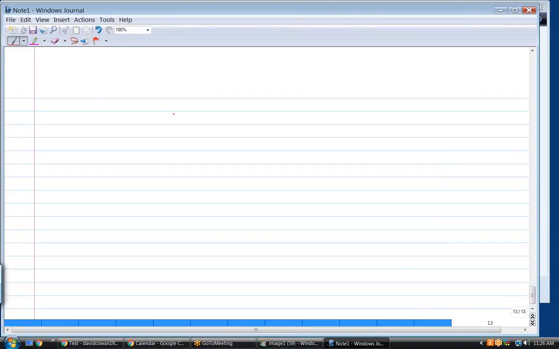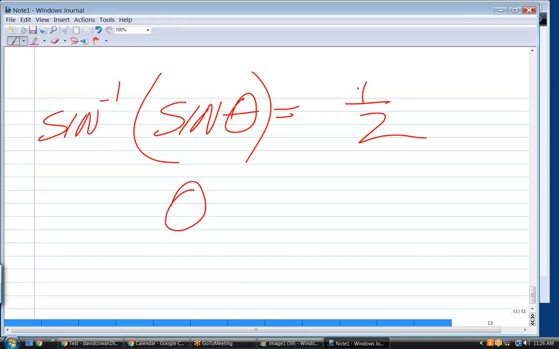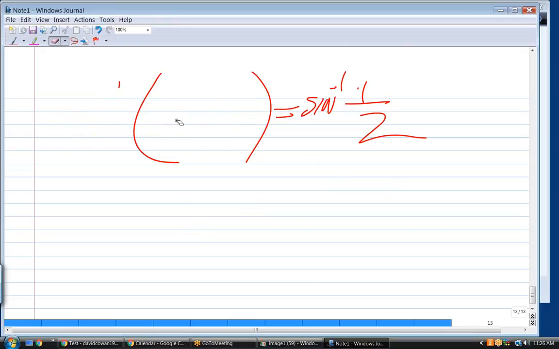Now, another way to look at this, if you forget, it kind of is helpful. If we take the inverse sine of both sides, when you take the inverse sine of the sine, you get theta. Well, if I did it to the left, I got to do it to the right. So theta is equal to the inverse sine of 1/2. Now, they may give you problems like, maybe not, but